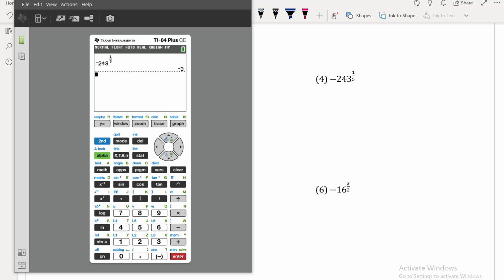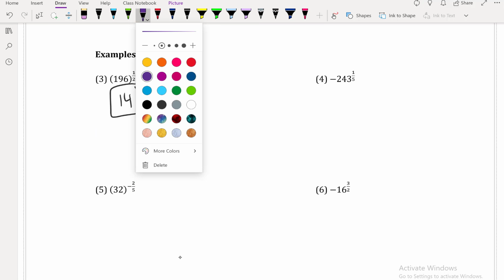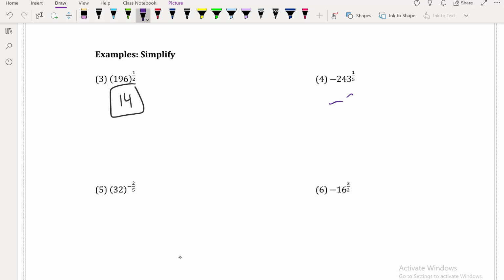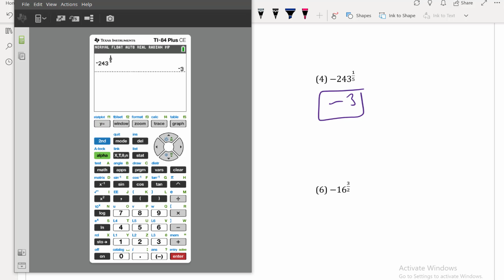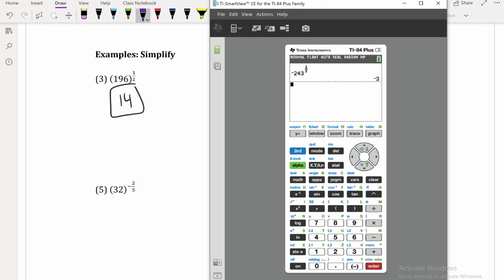And so I get my answer as a negative 3. So negative 3 is going to be my answer. I'm going to go ahead and make sure that I keep using my calculator to help me out. So I have parentheses 32 to the power of,